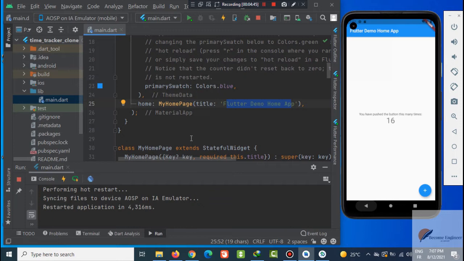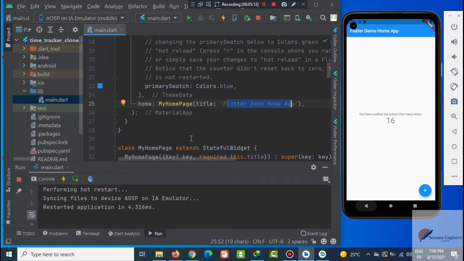As a summary, in Flutter we always declare our UI by composing widgets together into a widget tree. So all the widgets that we create or invoke, we compose them into one big widget, which we call the widget tree.